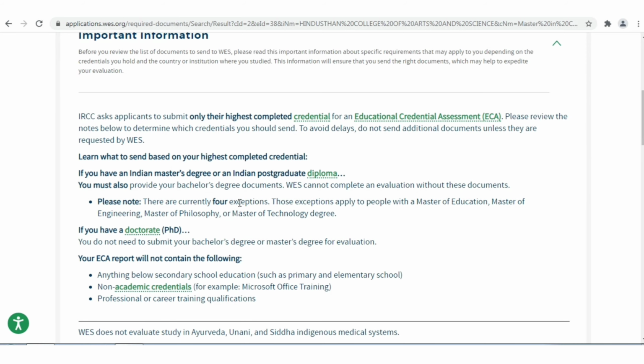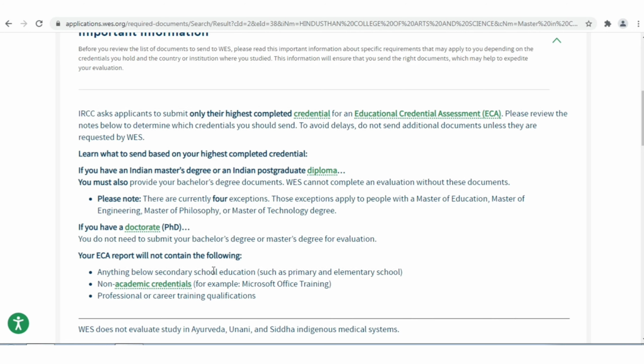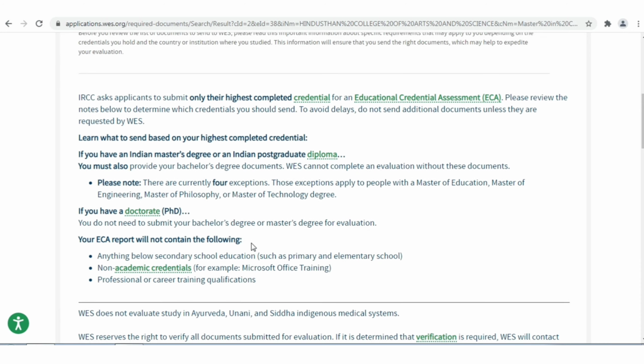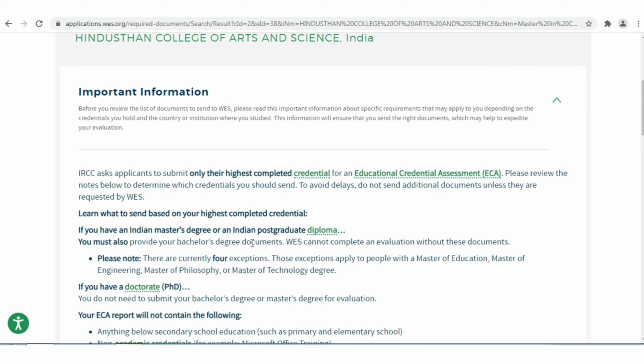Then if you have a doctorate, you do not need to submit your bachelor's or master degree for evaluation. Your WES report will not contain the following: anything below secondary school education, non-academic credentials, professional or career training qualifications. Okay, for these things it will not produce the report.